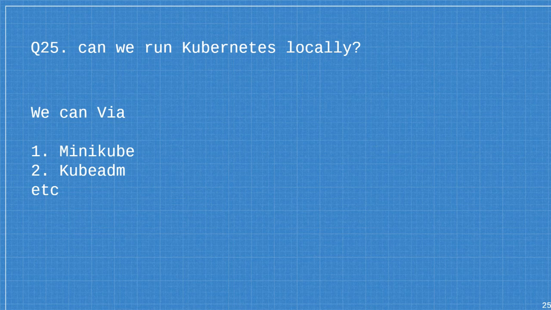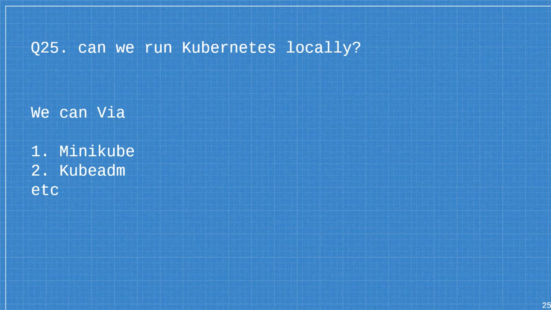So we can deploy our cluster with Minikube. Minikube is a single node cluster. It is not preferable for prod. We can create a single node cluster by Minikube, we can create the cluster by using kubeadm, and we can create our own cluster also.